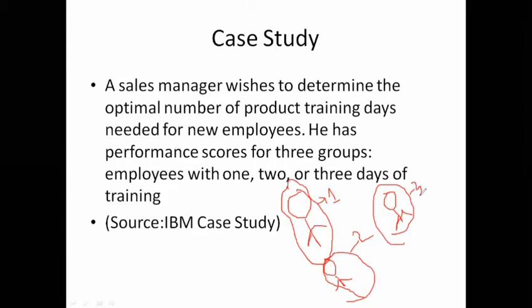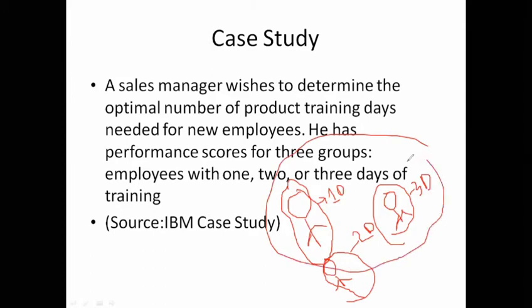Now, the sales manager wants to know whether there is a significant variation in the performance of these sales groups, that is, the sales group with 1 day of training program, 2 days, or 3 days, right? So is there variation among these groups or not?